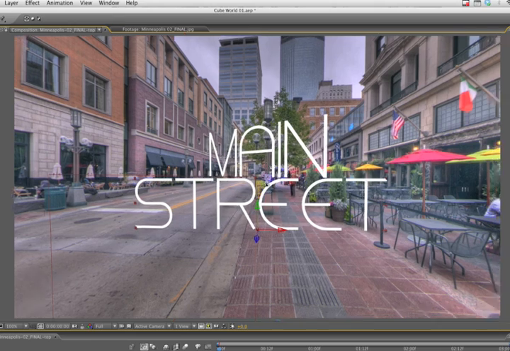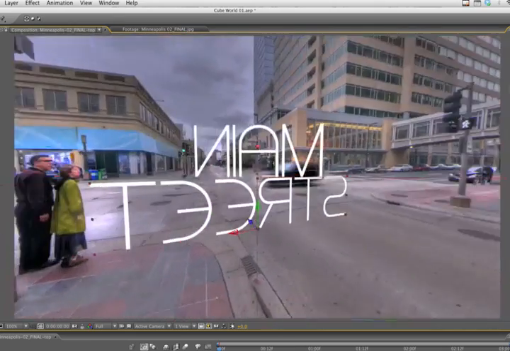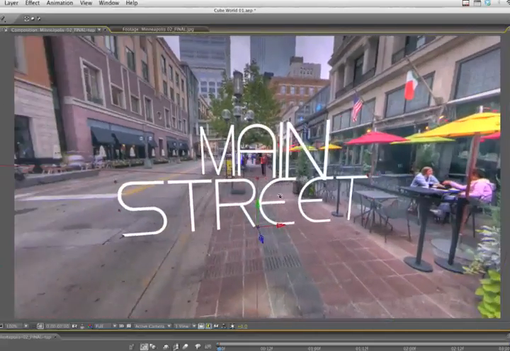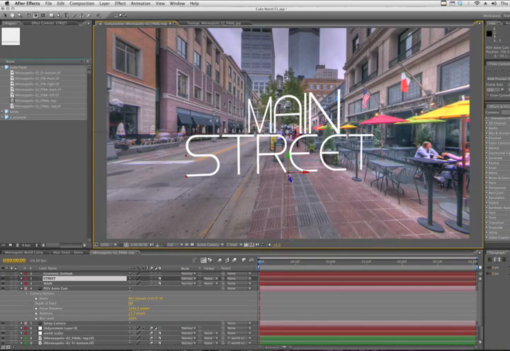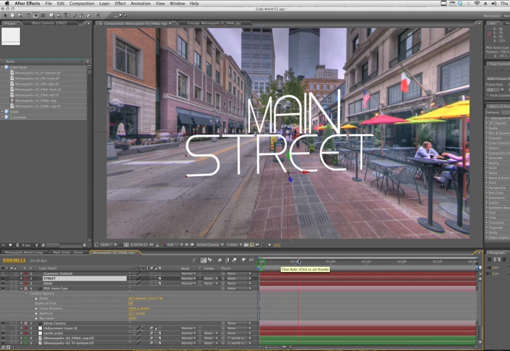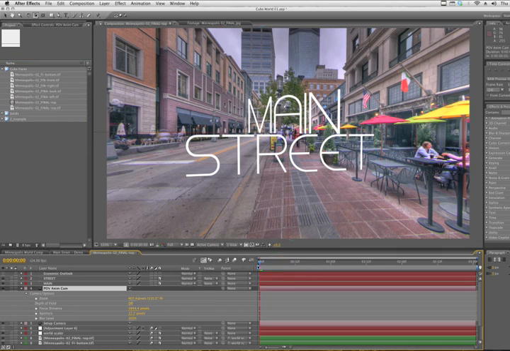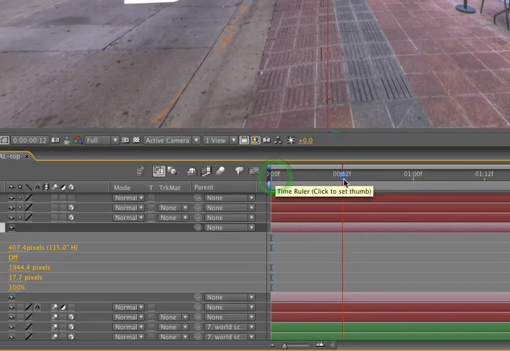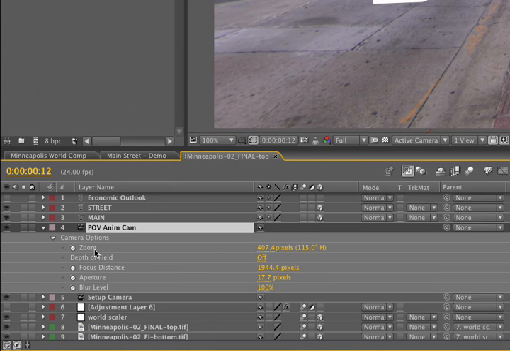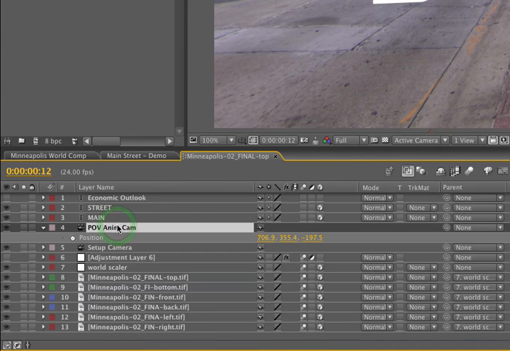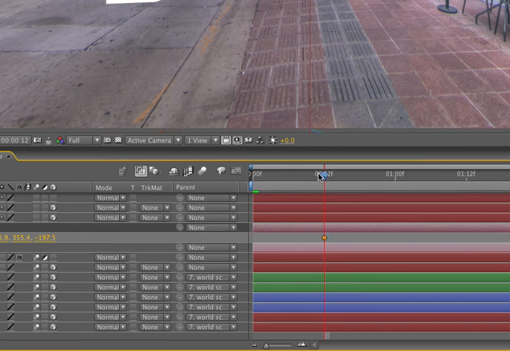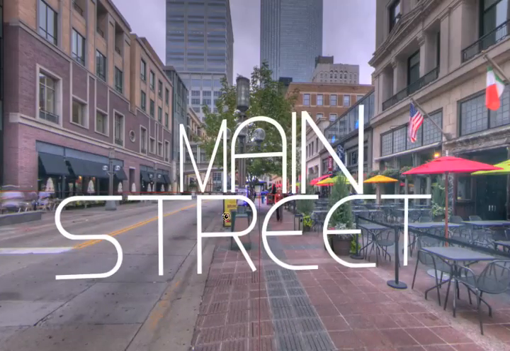C for our orbit tool, and let's spin around. Oh, that looks great. This is going to be really cool. Alright, well, let's just define a quick camera movement for this so we can set up the timing of the flourishes that are going to be on the text as well. This is going to be a relatively fast animation, so at about 12 frames or so, let's set our main camera position. And we'll select P, define a keyframe, go back to the beginning of the scene, orbit around,